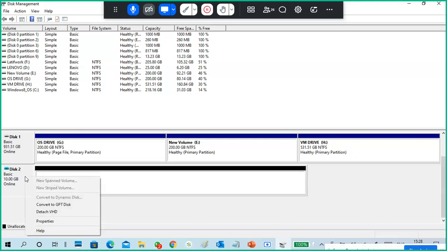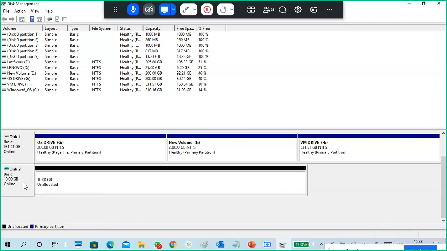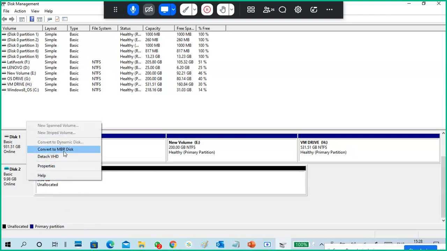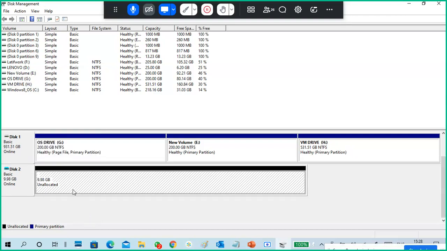Okay, it is asking to convert to GPT. So I'm converting into GPT. Now it is showing convert to MBR, which means it's a GPT partition.